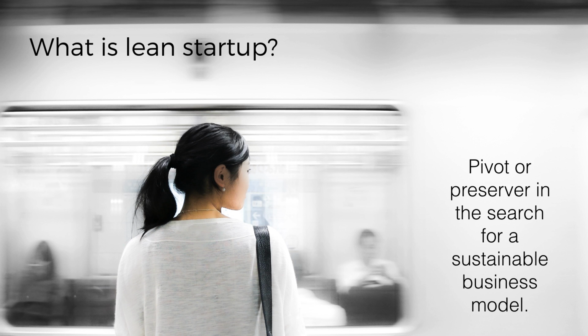And then the final step is to pivot or persevere in the search for your sustainable business model. So we'll talk about pivots a fair bit more next week. I'm not going to talk about it too much this week, but the final step there is basically to say, well, what do we have wrong and what do we have right? And is our vision and our business salvageable, or does it need to change? And that's in the context of the value proposition, and I'll talk about that now.